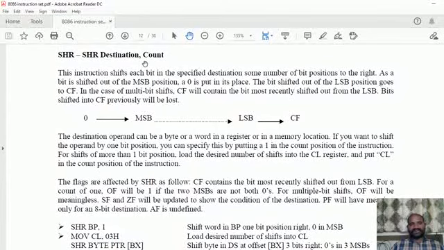Here this syntax performs the operation like this. Upon every right shift operation, the LSB of the 8-bit number or the 16-bit number, whatever the size the destination is, is going to be shifted into the CF, and the MSB is going to be filled with 0. LSB is falling into the carry flag, and the MSB bit position is going to be filled with 0, and the bits are copied into the next bit positions, like D6 and so on.